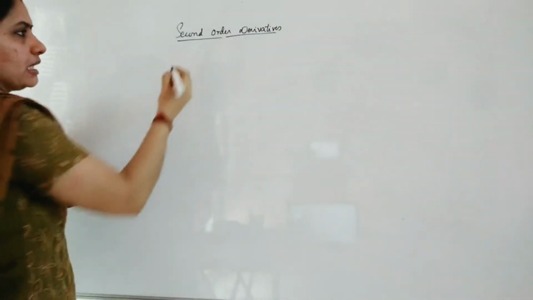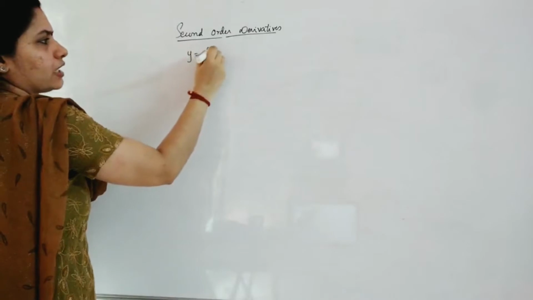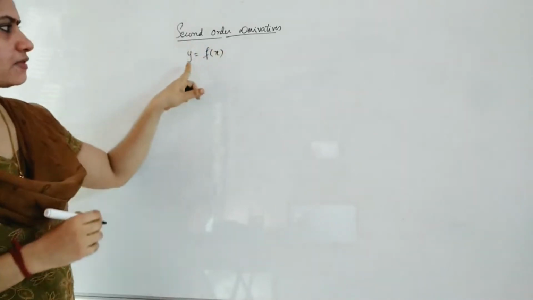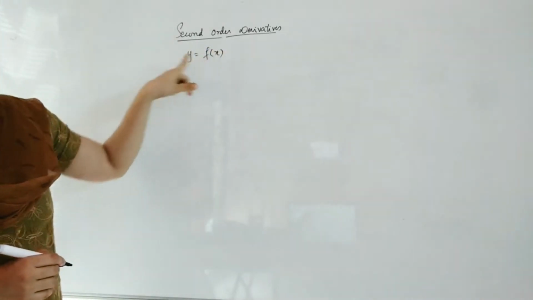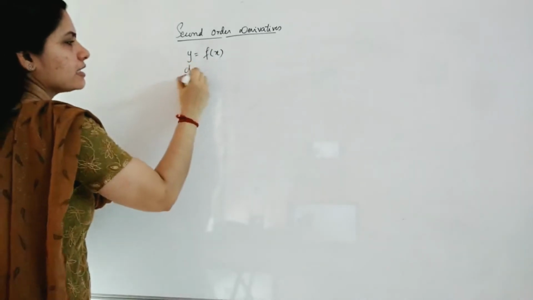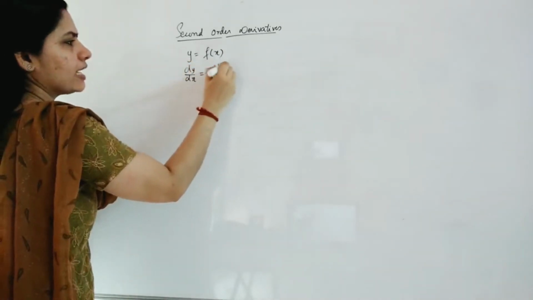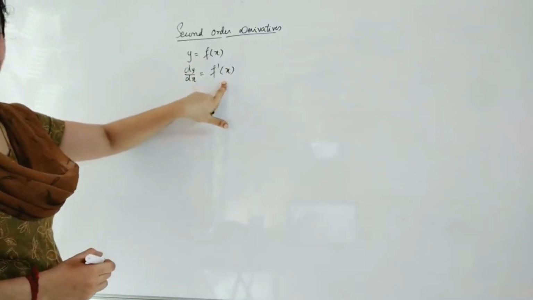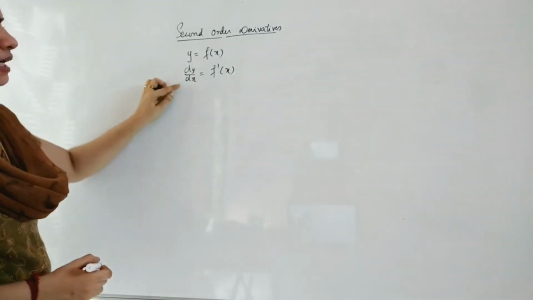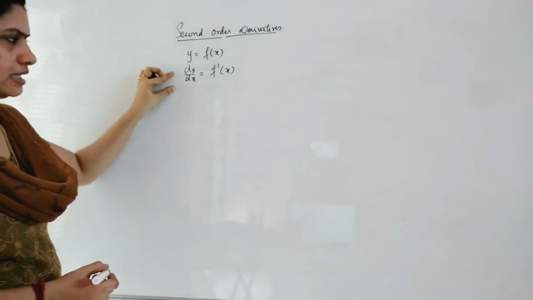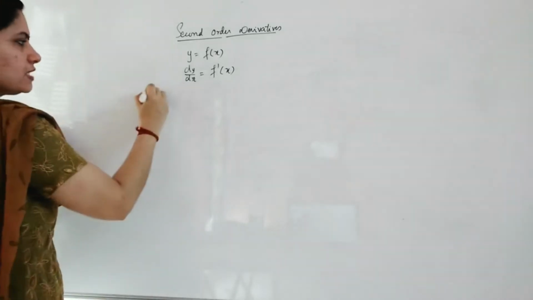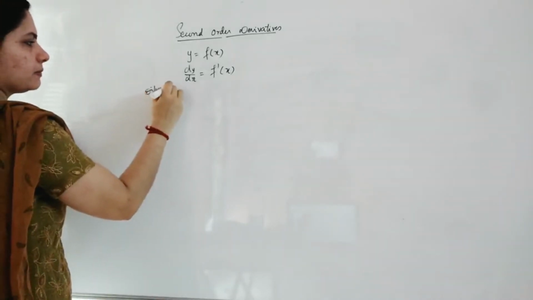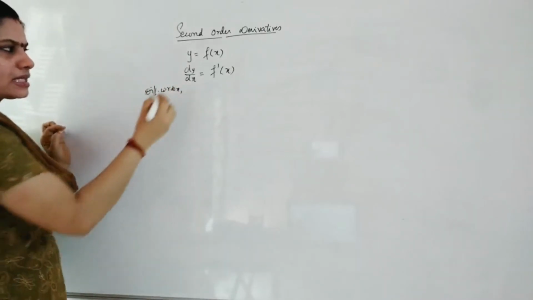Second order derivatives: when you are given a function f of x, that is y in terms of x, you will first find the first derivative as dy by dx is equal to f dash of x, right? The derivative of the function with respect to x you will do in the right hand side. Now again, if you are differentiating this with respect to x, differentiating again with respect to x, you will write